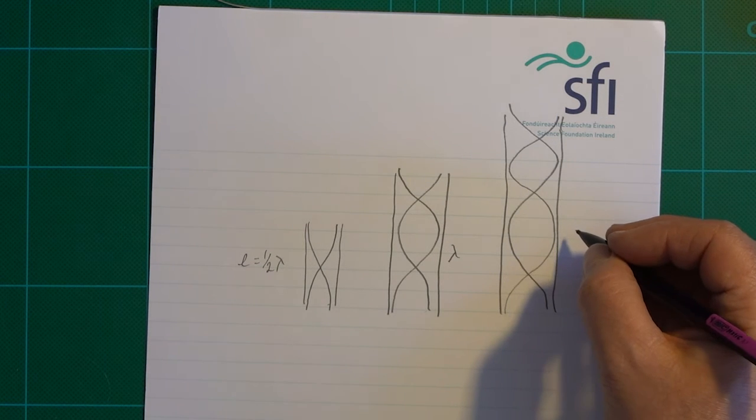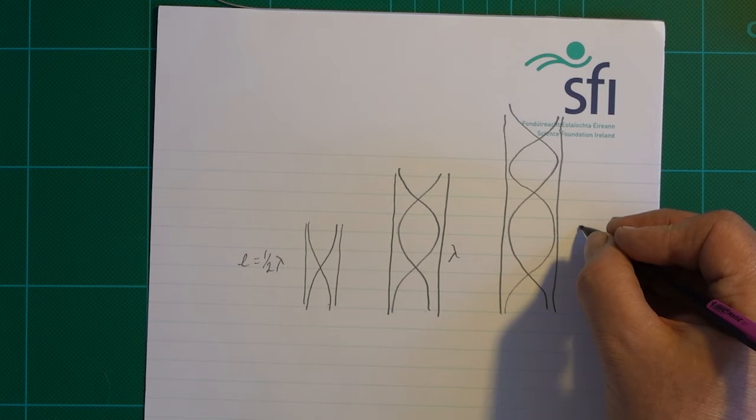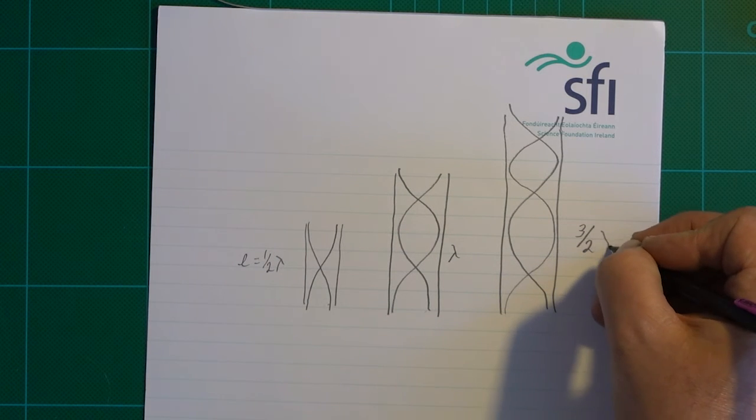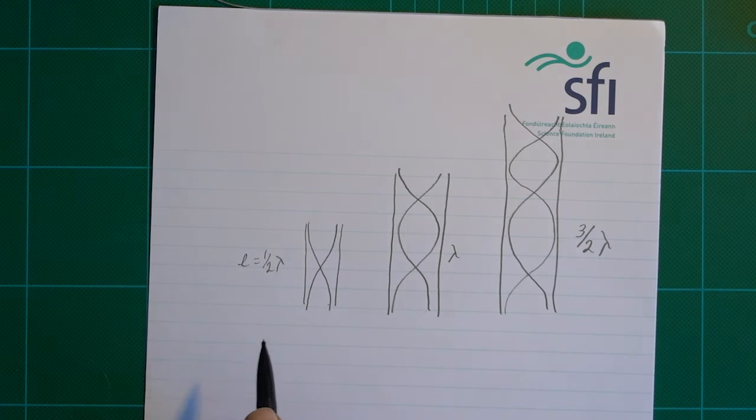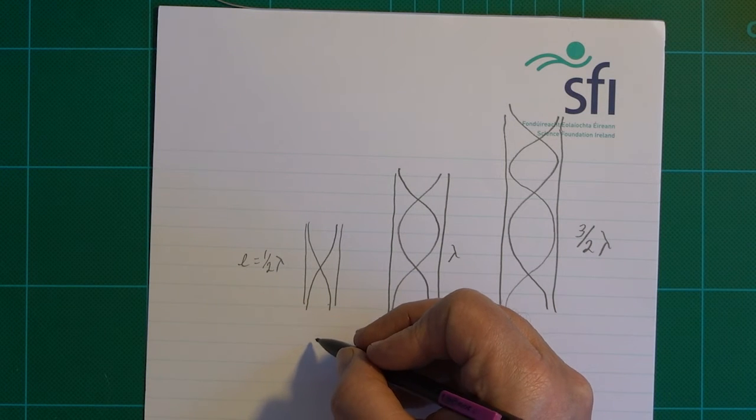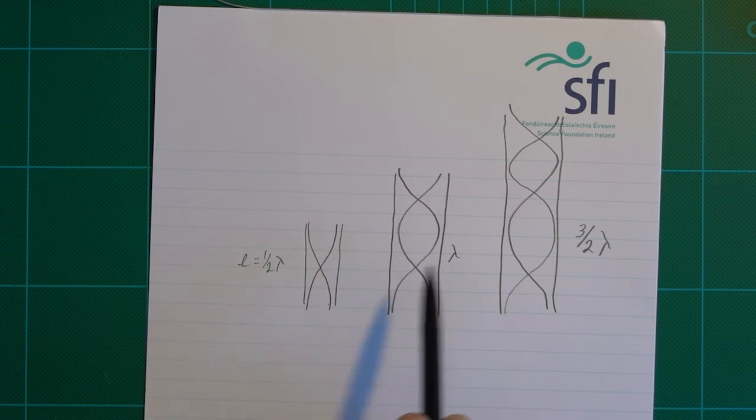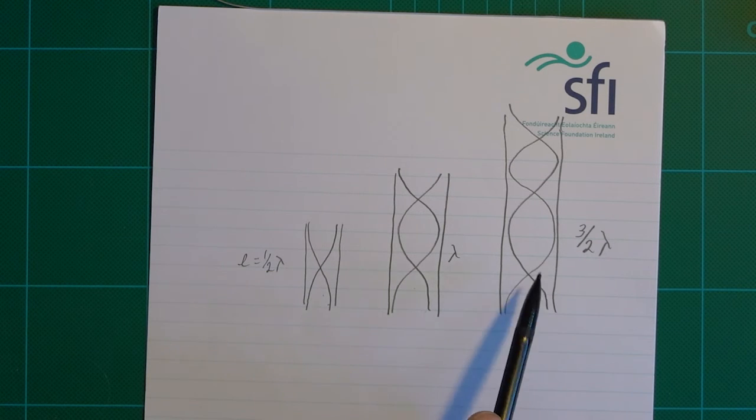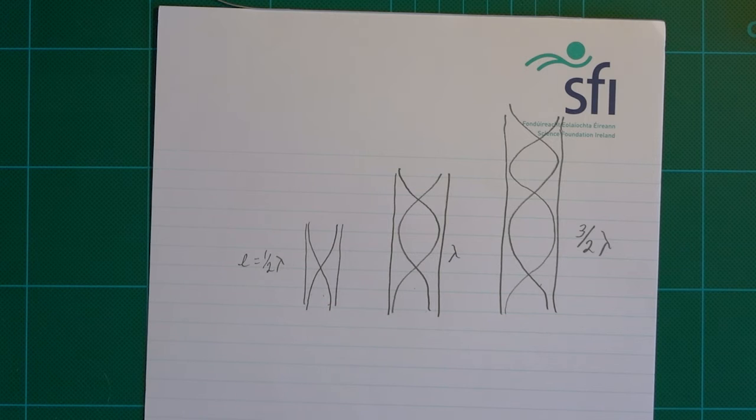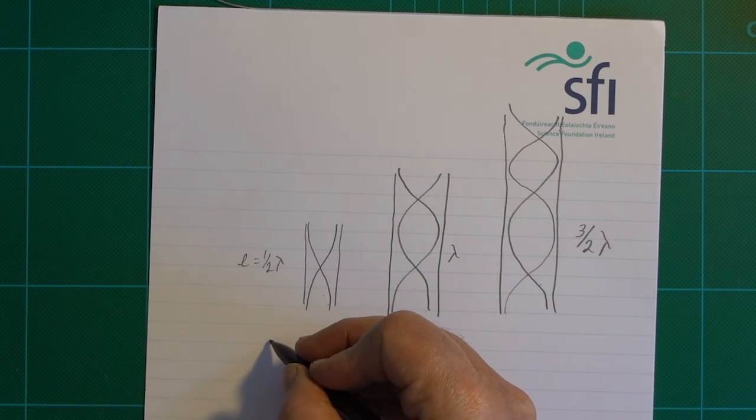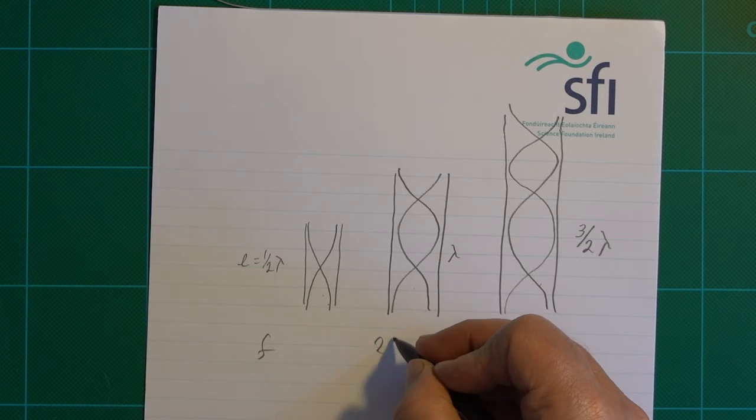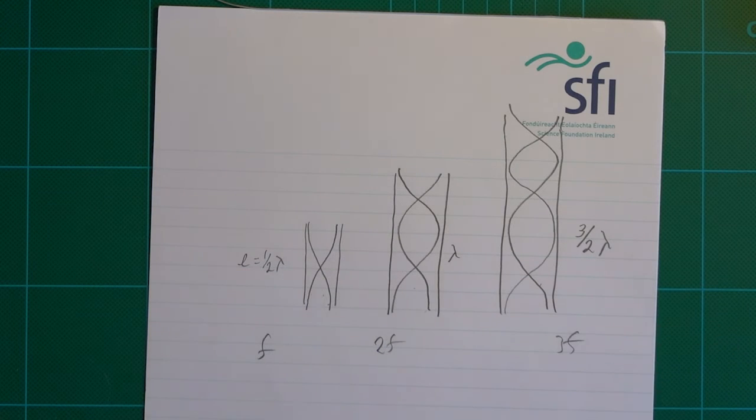So that's 3 halves, or 3/2. So basically each one is double the previous one. This is twice the fundamental, 3 times the fundamental. So in other words, this is the fundamental frequency f, this is 2f, and this is 3f. Okay, and in your own book there,